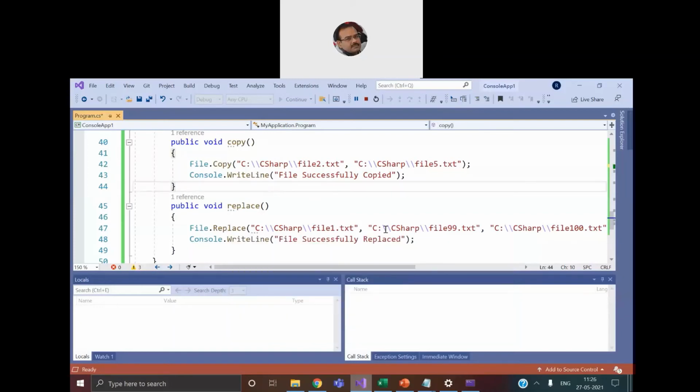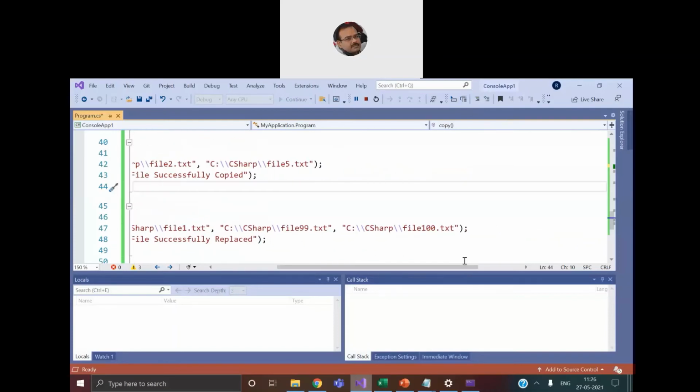So how do we use it? Simple, we make a call to the function. So C# file1.txt, that's the first parameter, then comma, second parameter, C# file99.txt. And if file99.txt is not found for any reason, then it will have a backup of the destination file, so C# file100.txt. These are random names I've given to the files. You can give any logical name from your side, that's not a problem.